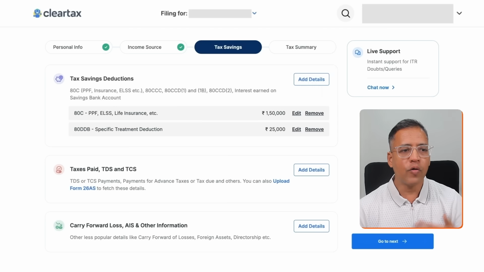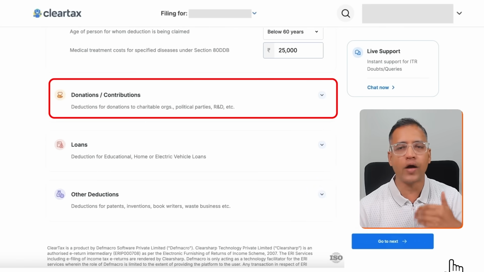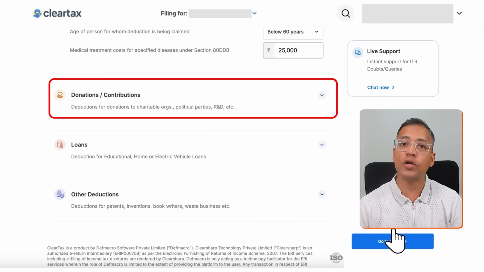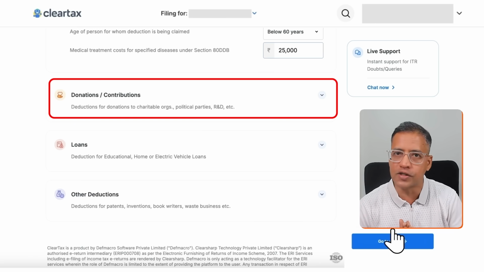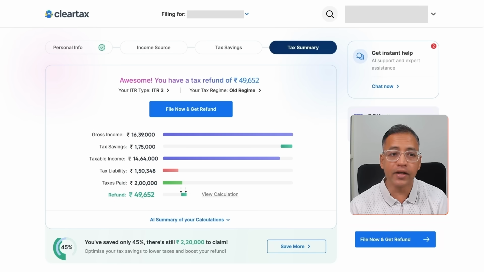For example, let's say you made a donation to a charity, and if you want to take tax benefit out of it, what you can do is click on add details and come down. You will see donations here. You enter that amount here and ClearTax will automatically calculate your returns so that you can save some tax on your donations. Once you're happy with all your tax deductions, you simply press on the next step, and here comes